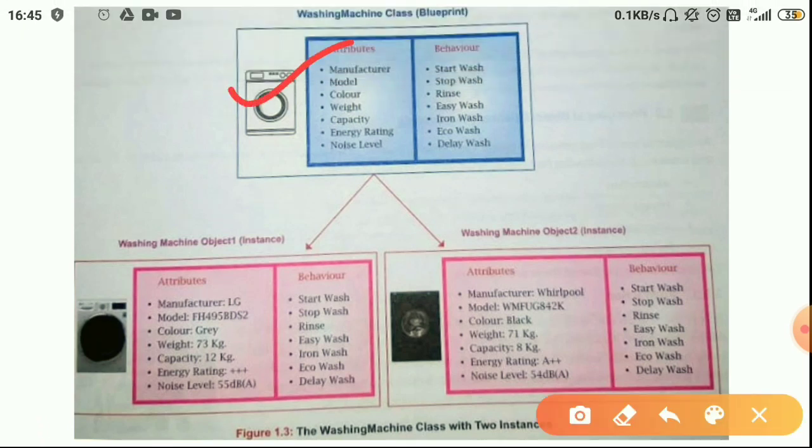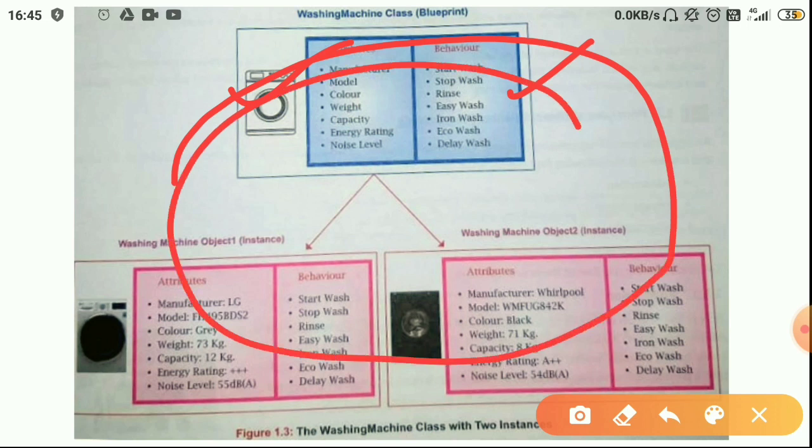I will be using only a few attributes from here, and only two behaviors from this, to keep things simple. But I think this will clear out your concept. So we'll be seeing this whole diagram represented in coding.